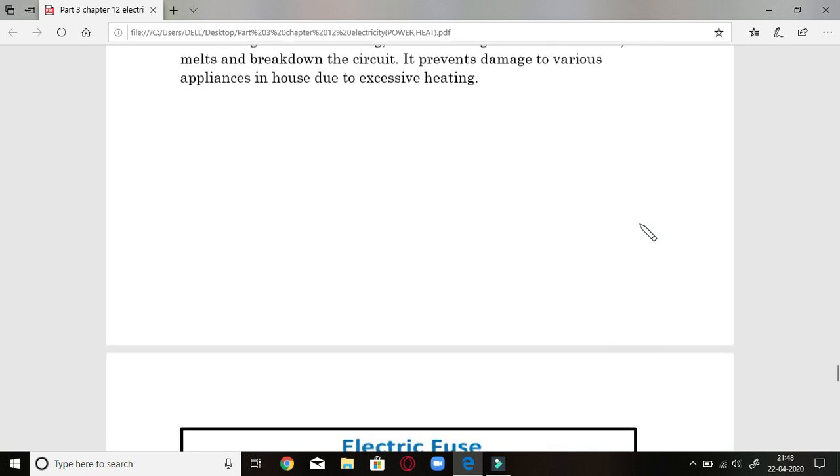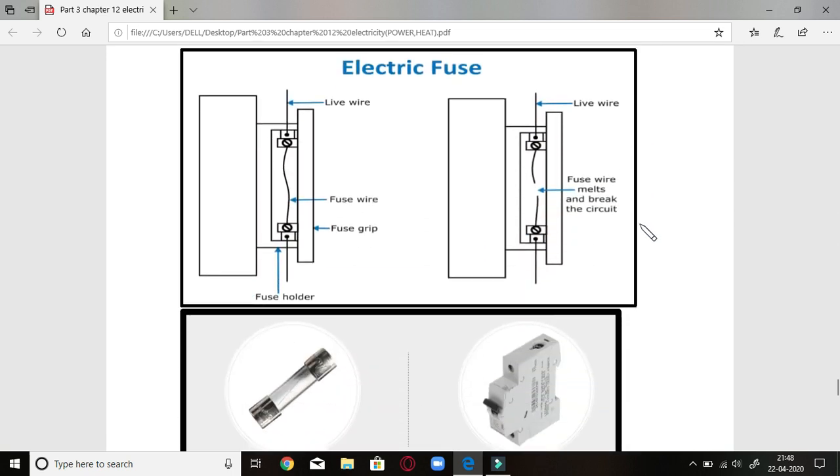Let us see further. I have collected one diagram for you also so that you can easily remember it. This is a fuse. In an early fuse, on one side there is a live wire coming here, and in between there is a fuse wire. This is a tin plated copper wire which is the fuse wire lying in between. And this is a fuse grip made of porcelain, with the help of which we insert it in the fuse connection.